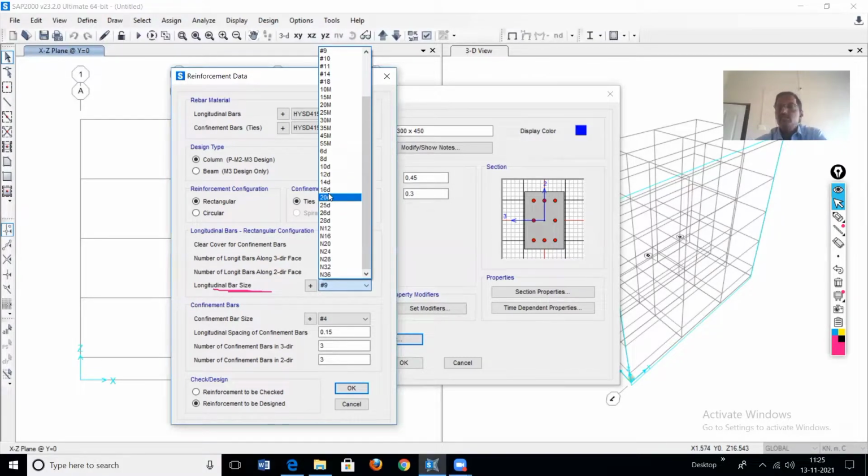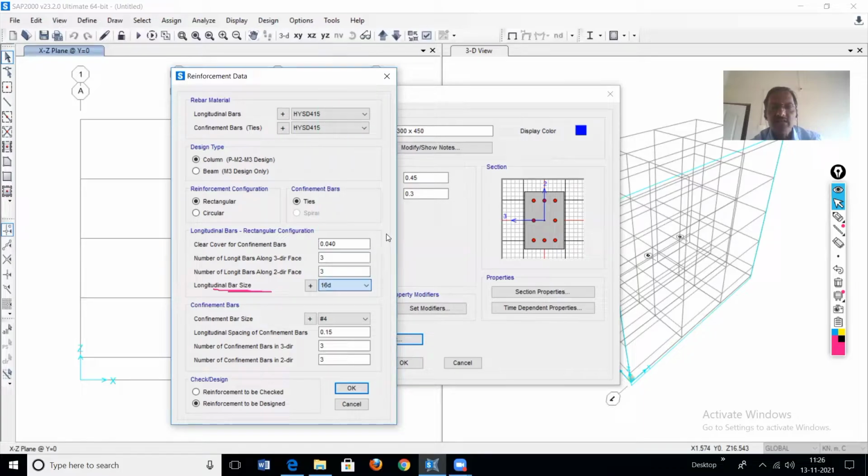Since this building is situated in seismic zone 4, by judgment we'll provide all 8 bars of diameter, say 16. This is our initial judgment. Let me put a diameter equal to 16, so this will be 16D.